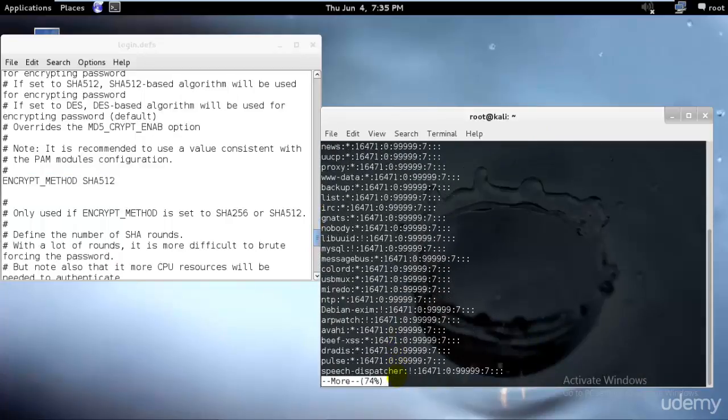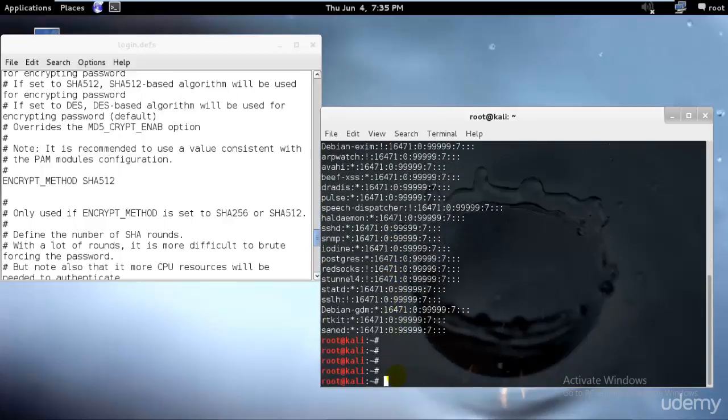That means it's showing the rest of the things that is included in that. So I'll just go ahead and close. Perfect. So to prepare this file for cracking, we need to remove all of the information in this file except